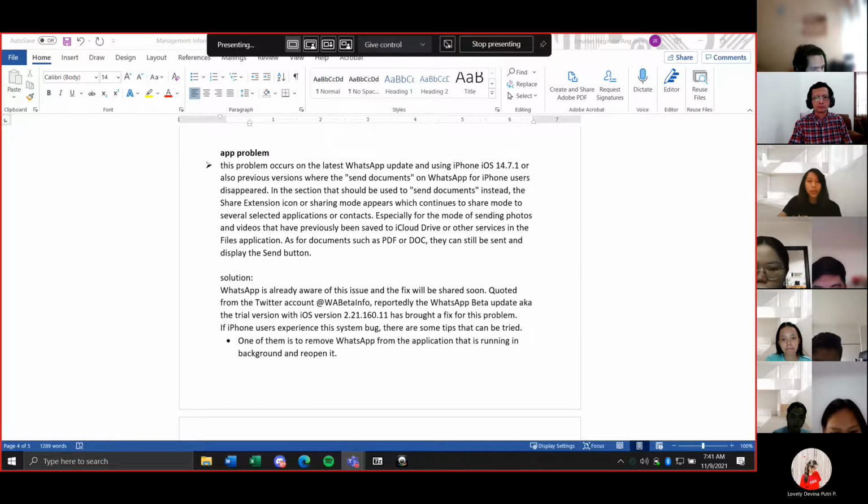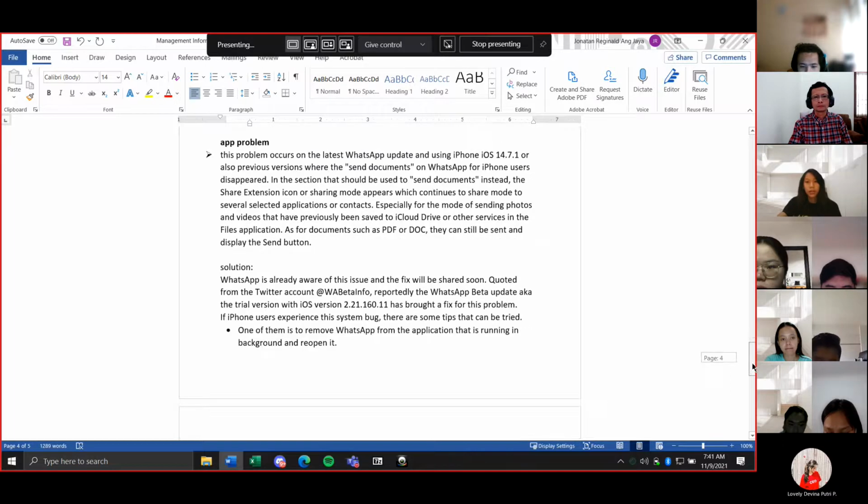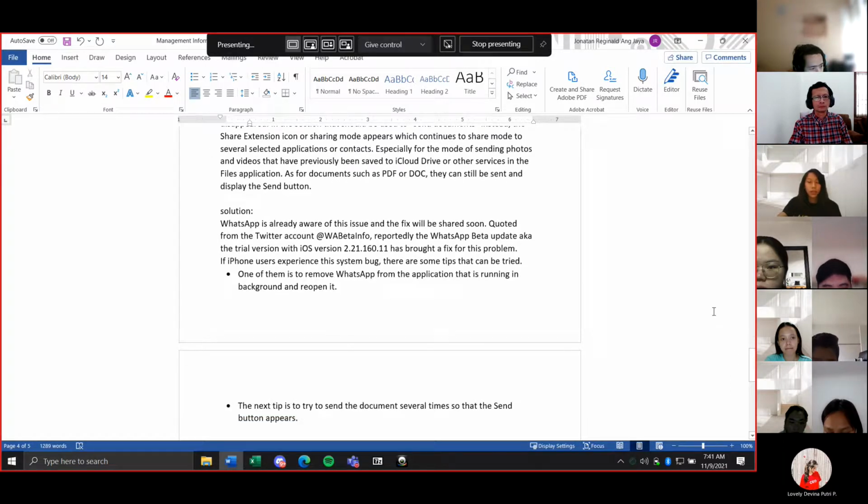The solution for this problem is that WhatsApp is already aware of this issue and the fix will be shared soon. Quoted from the Twitter account WA Beta Info, reportedly the WhatsApp Beta update, aka the trial version for iOS, version 2.21.160.11 has brought a fix for this problem.